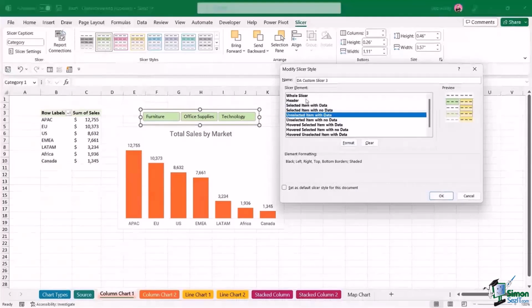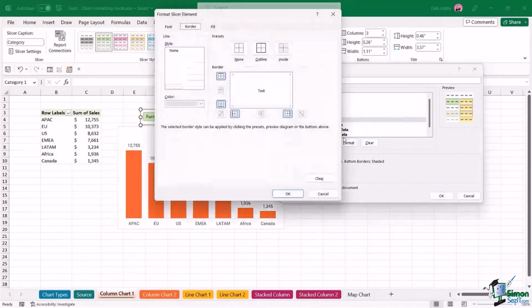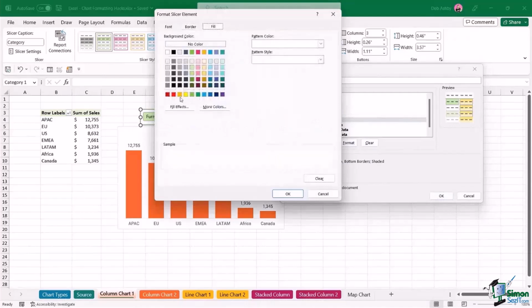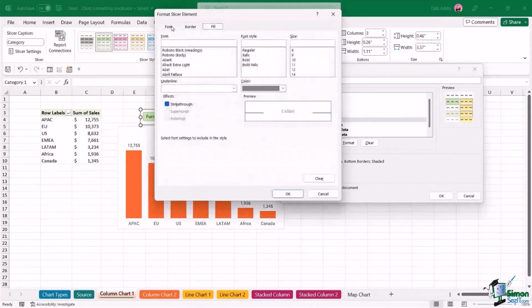Now, there's lots of different items related to these because you can have a different color if the item's selected and has data. You can have a different color if you just hover over it, a different color if it's unselected. So there's lots of different things you can change in here, but it's basically the same principle. You select what you want to change, you go into format. If you want to change the background fill color, you could do that. You can go to more colors, you can add your hexadecimal value, you can change the font color,